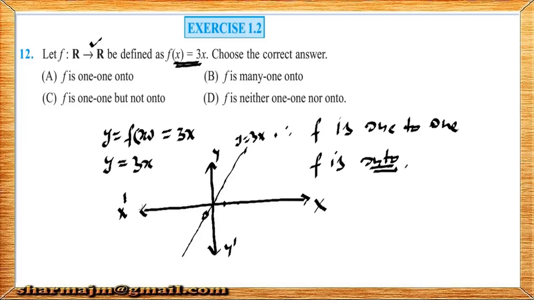Similarly x की negative value के लिए आ रही हैं. तो एक element की एक image आ रही है, इसलिए f 1-1 हो गया. और y की हर एक value के लिए, मतलब line के ऊपर कहीं भी आप कोई point लेंगे तो उसकी abscissa आप देखेंगे unique आ रही है. तो इसलिए ये function onto भी हो गया.